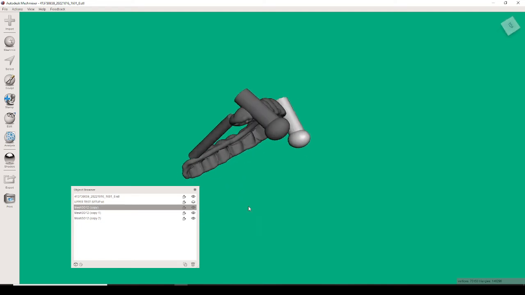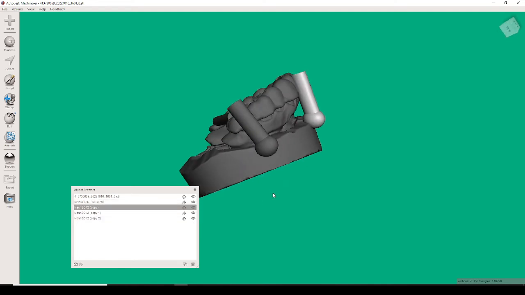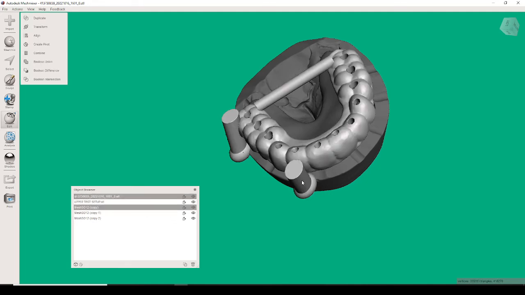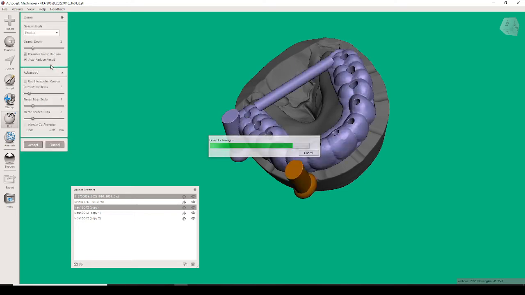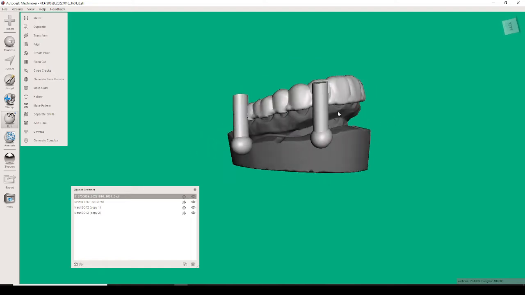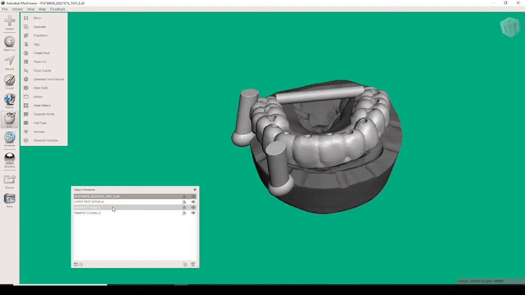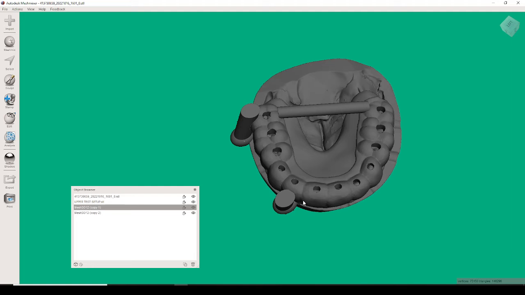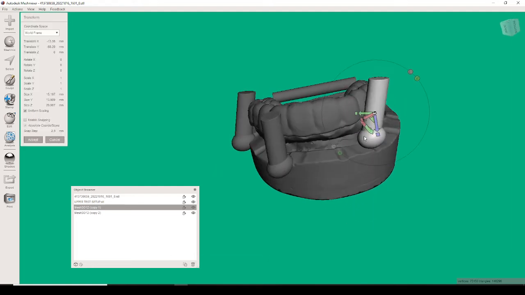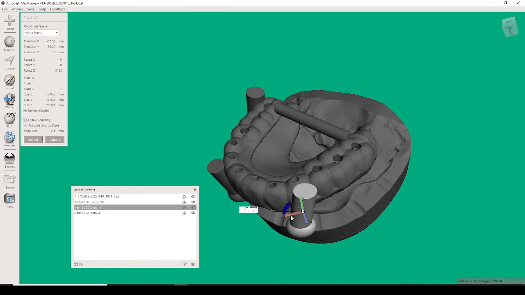Press enter again. Let's take a look here. I'm doing good on the model. Okay. And now we're going to select this one, shift select this one, Boolean Union again, accept. Great, looks great. All right, let's grab another copy, and we're going to move this over here, rotate it around like this,